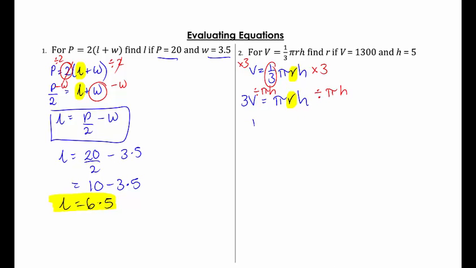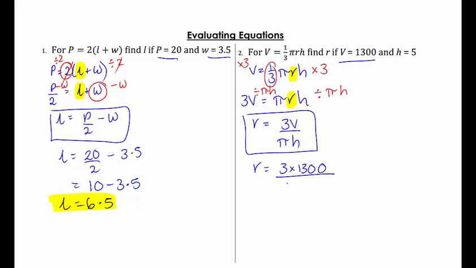Now I'm going to put R on its own on the left, so on this side I've got 3V all over pi H. I now substitute, so R is going to be 3 times V, which is 1300, all over pi times 5. Now when you're plugging this into your calculator, remember to put brackets around the pi times 5. Also remember to use the pi button on your calculator. Don't approximate it to 3.14. So if you go to your calculator, your answer is actually going to be approximate, so I'm going to change that to an approximate sign,